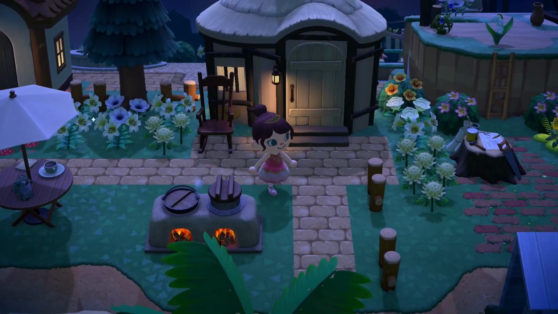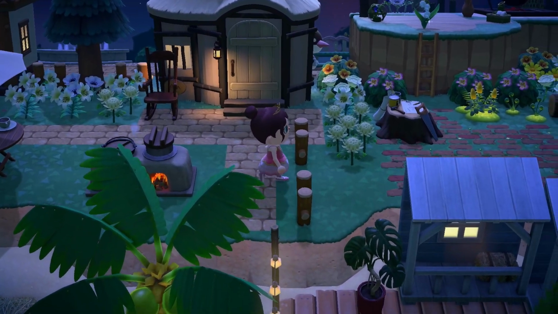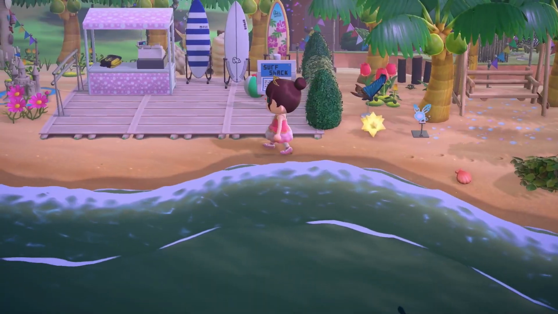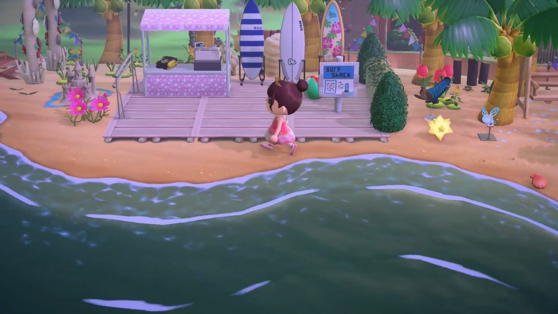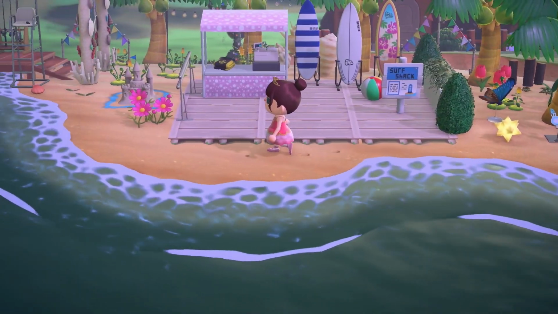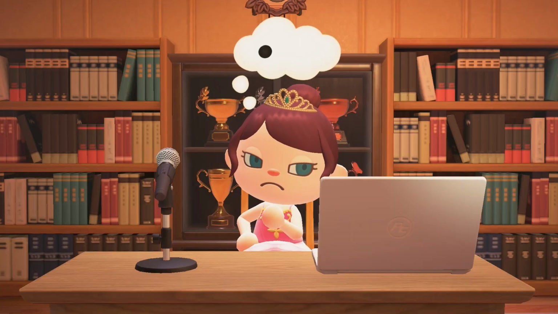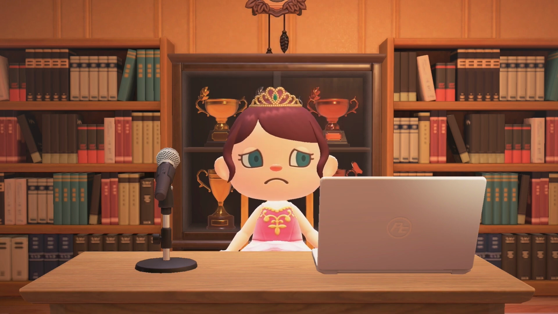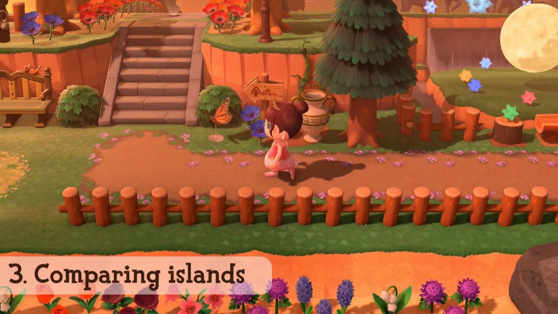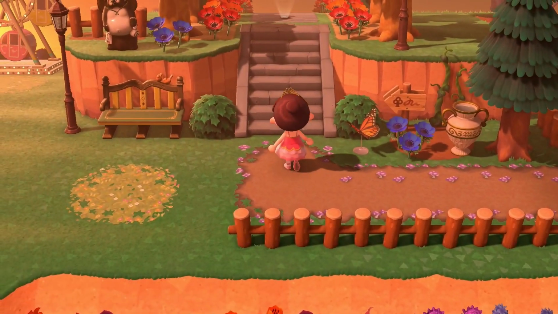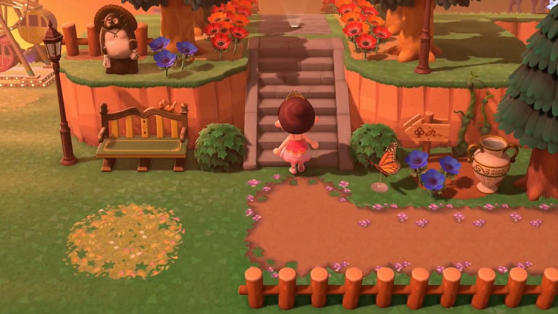Something you may find yourself doing when looking for ideas on what to make for your next build is to take a look at some inspiration online. There are so many amazing islands the Animal Crossing community makes in tons of different themes, which are perfect to get ideas from. However, if you look at too many of these islands, you may start to feel bad about your own island and think that it will never be as good as theirs. Comparing islands is a huge mistake you can make when going through the design process, and it can prevent you from making further progress on your island.